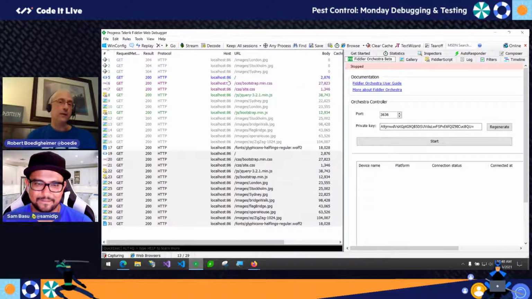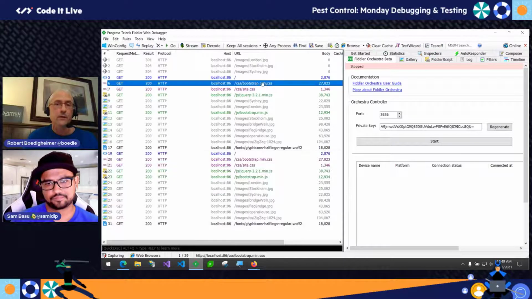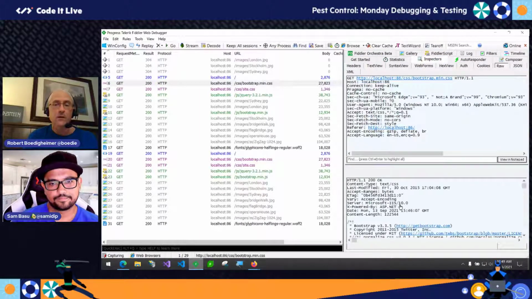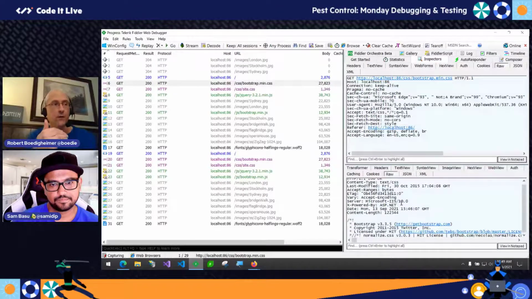Yeah. So I mean, the other things I won't show in here in particular, but you can extend and create your own inspectors. So I know when WCF first came out, it had a binary format, and people were trying to troubleshoot in Fiddler, and they couldn't see the traffic. People wrote a custom inspector. So there's times where Fiddler knows how to show you a CSS file, for instance, but I could write an inspector for my own custom stuff. If I have a proprietary format, you can actually write your own inspector so you get a better view, if that makes sense.